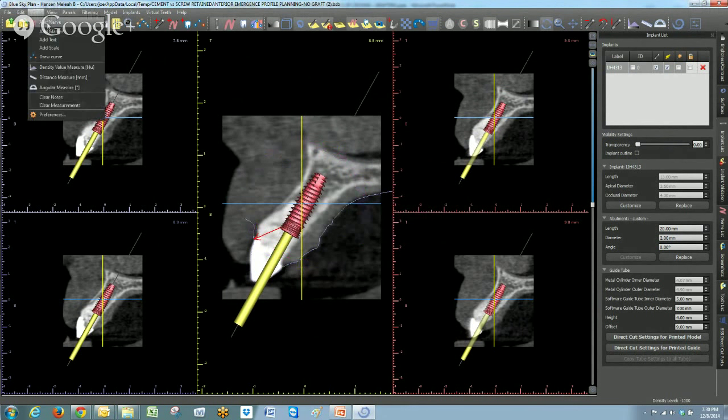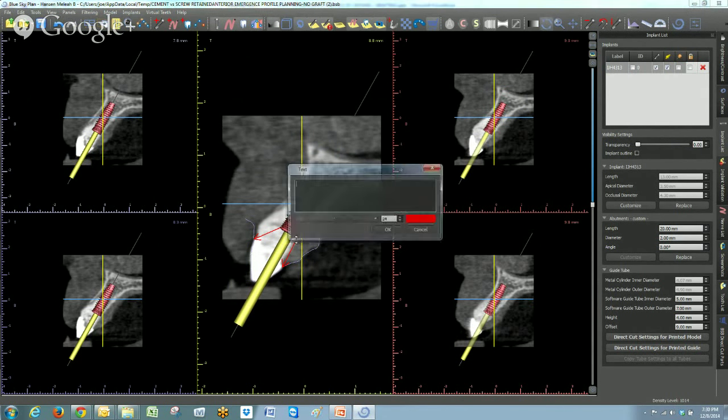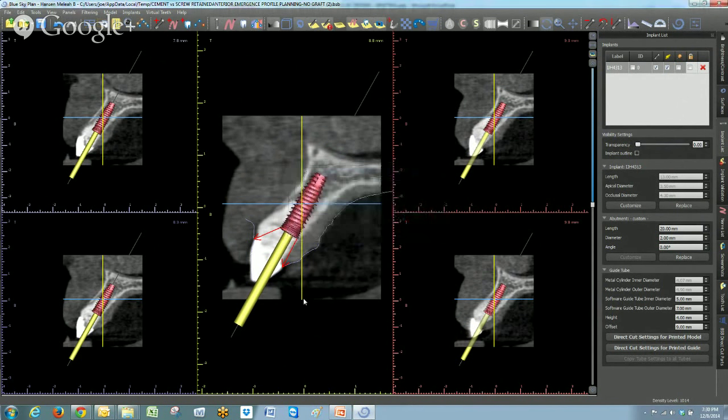And add another marker, and here's the gum line here, and here's the implant. So now you can see very graphically how much more of an emergent size we have, meaning that this crown is going to be very difficult to seat, maybe, depending on the patient and the tissue